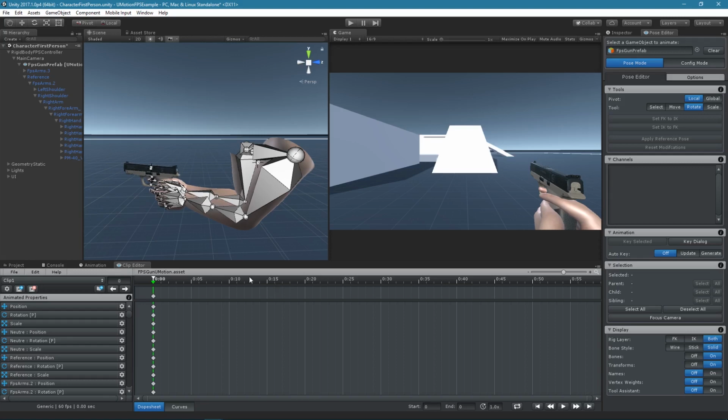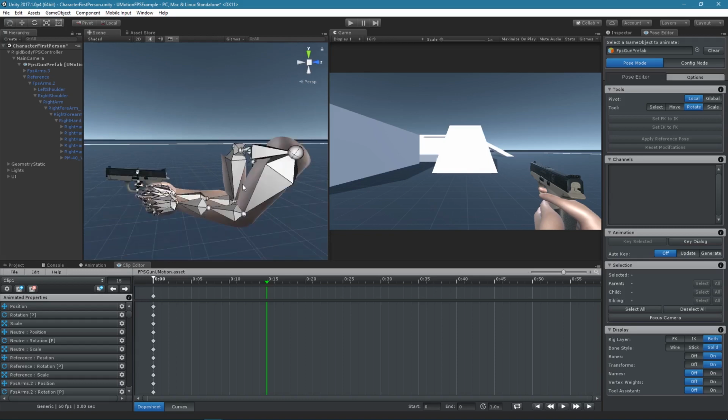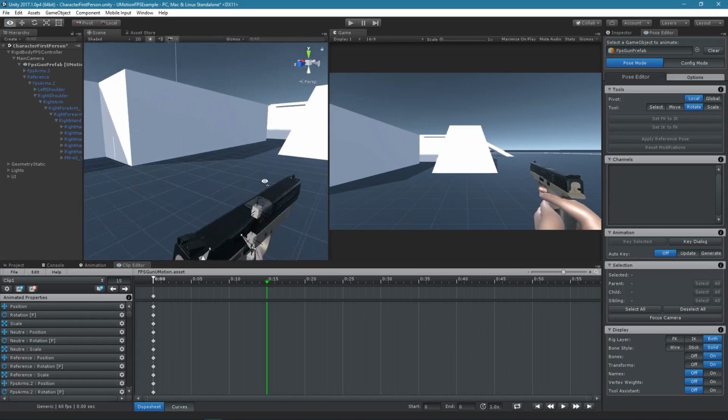With the clip editor, you can define which pose the animated object has at which time of the animation. So as you can see, we only have one frame with keys at the moment, which is this pose that we've just created. For our animation, we will need two more poses. One after the gun was fired and pushed back by the recoil, and the last pose will be the same as the original pose, where the gun is moved back to its original position, ready to be fired again.